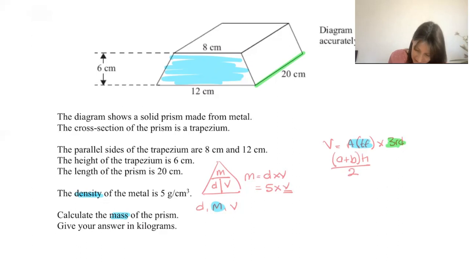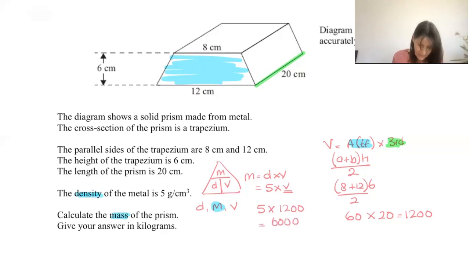A and B are your parallel sides. So I've got 8 plus 12 times by the height, which is 6, divided by 2. You can put that into your calculator and you will get 60. So the area of my front face is 60. I times that through by the third length, which is 20, and that is going to give me 1200. I now have the volume. So I can go back to my density times volume, and I can say it's 5 times 1200. That is going to equal